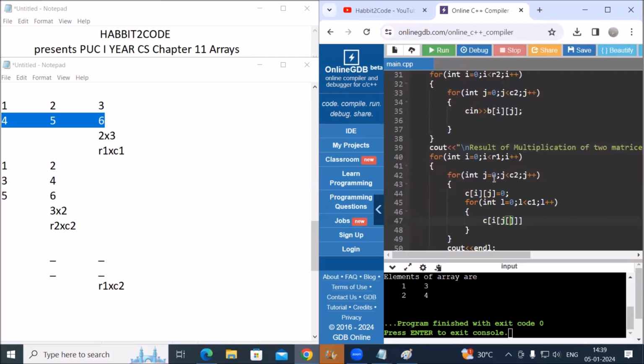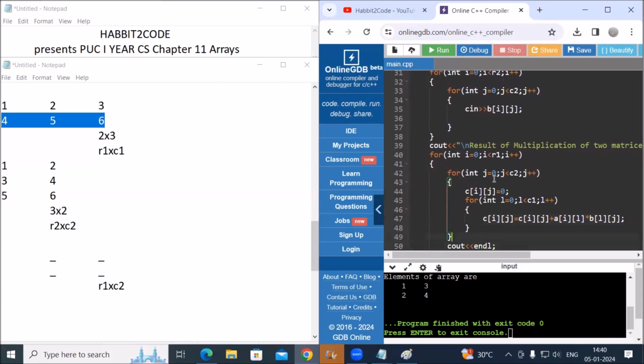C of ij equal to C of ij plus A of il multiplied by B of lj. Fine. And then after calculating,